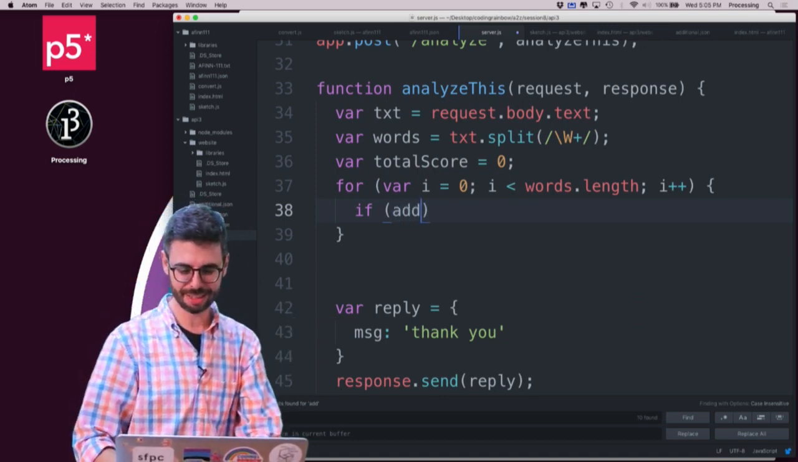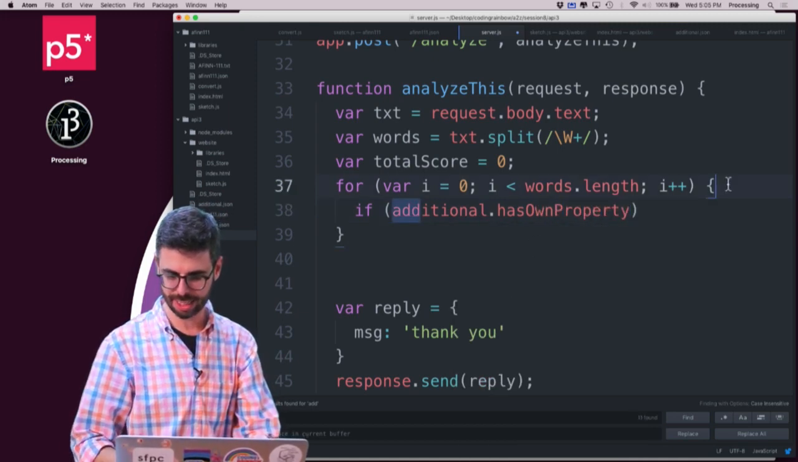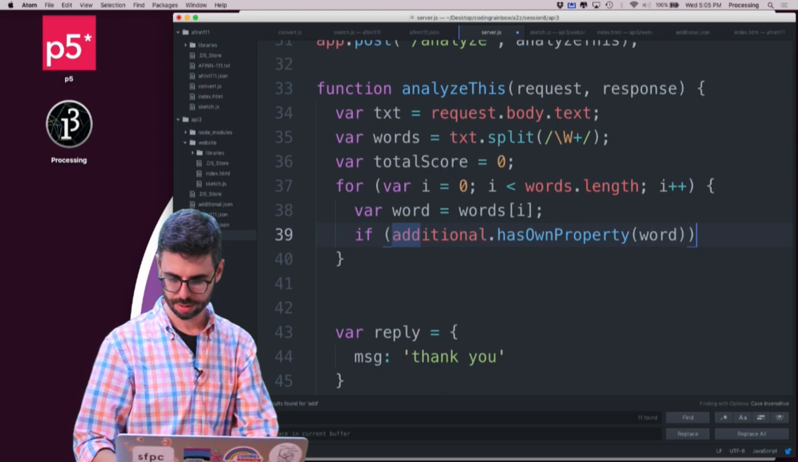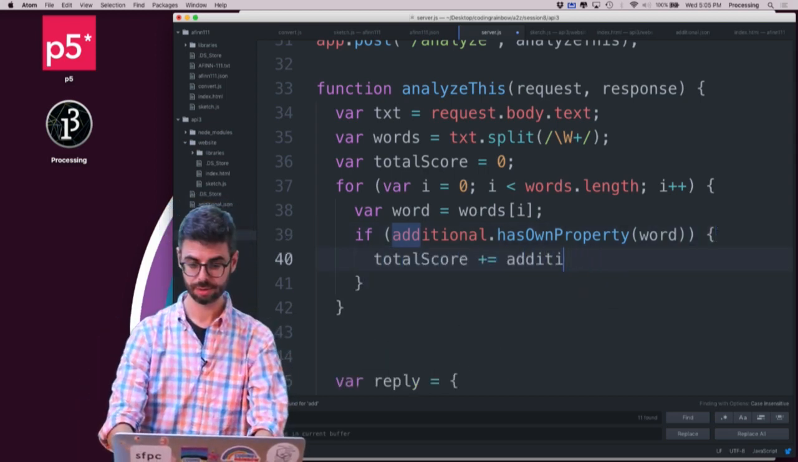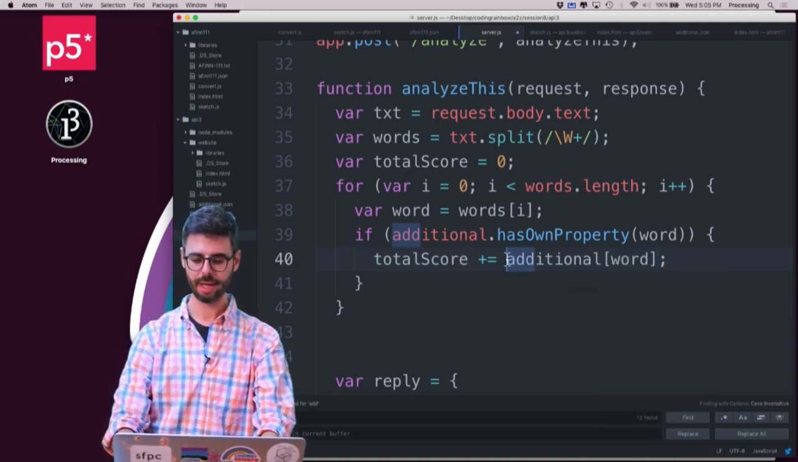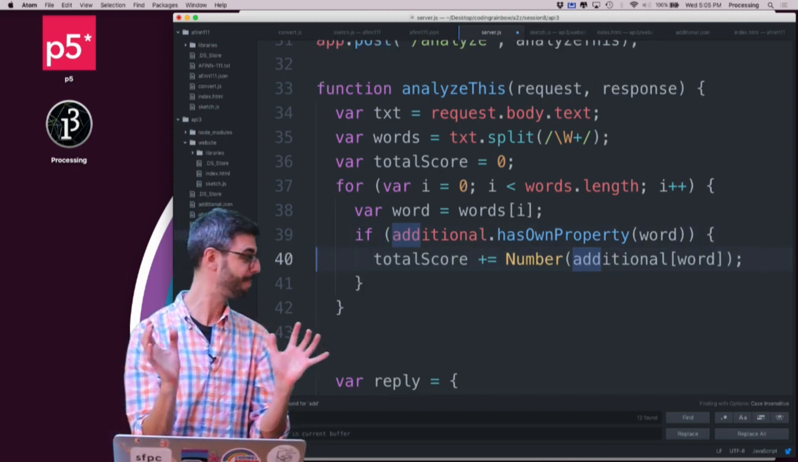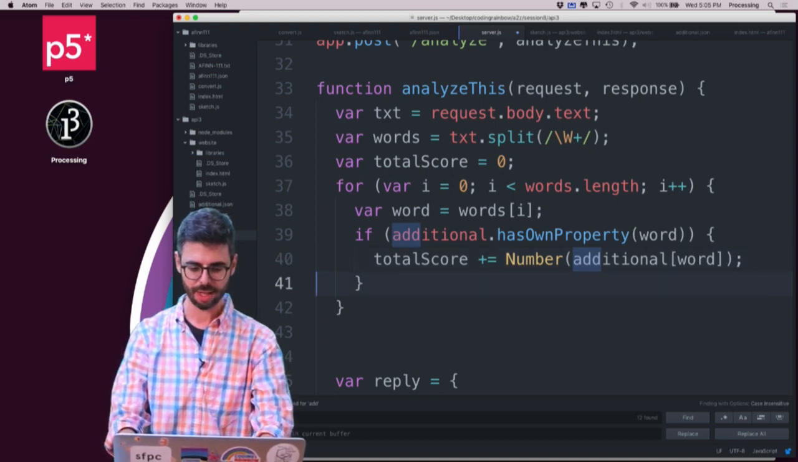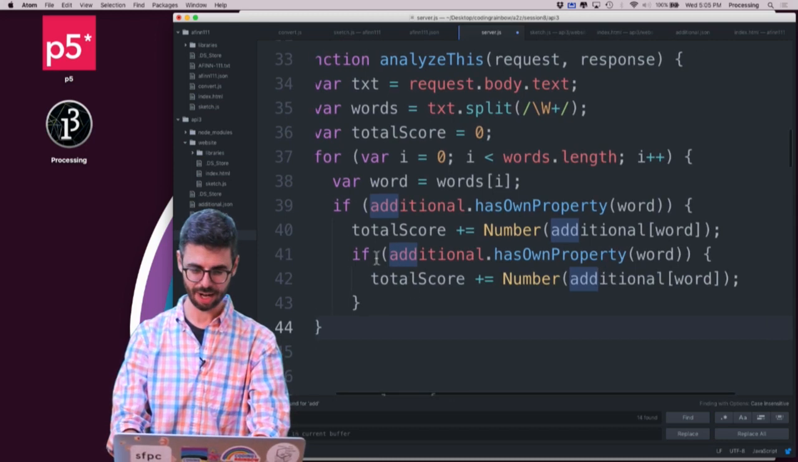But if additional has own property, and I want to see if word equals words index i, has own property word, then total score plus equal additional, that word, the value, and a number. I'm doing this kind of fast. I should reference that I did this exact sentiment analysis entirely in a separate coding challenge, which I went through in a little more detail. So I can check if it's there. If it's not there,